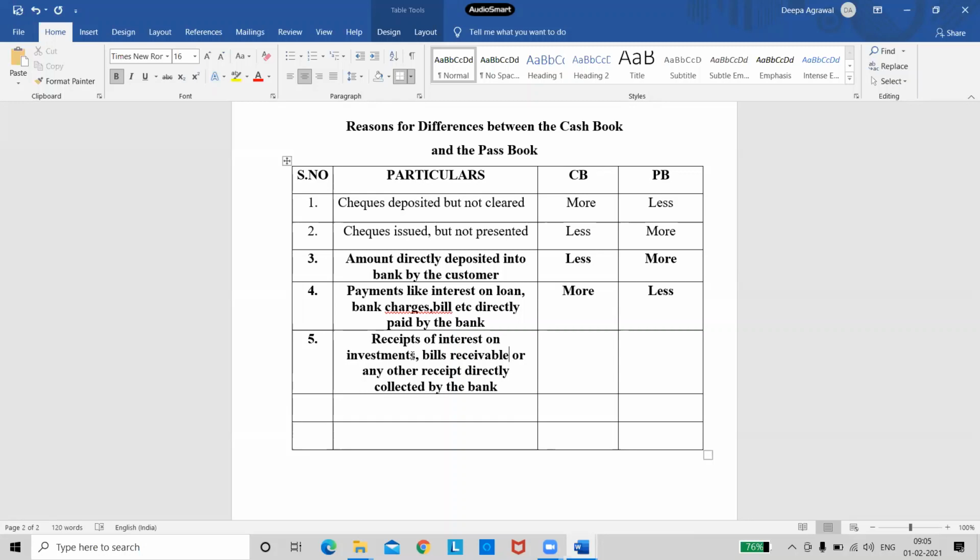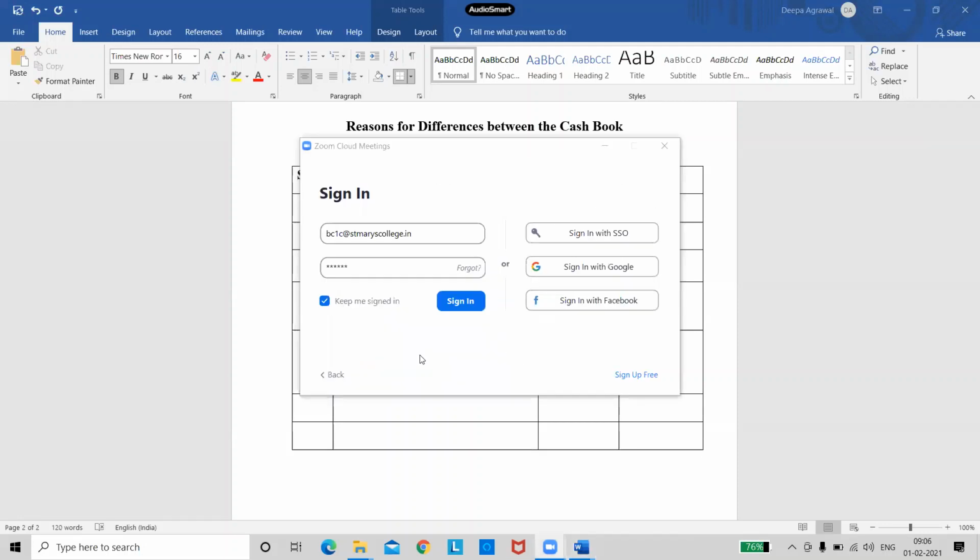So now what is happening? I have made some investments. So I receive interest on investments, and that interest is directly credited to my bank account because I have told them wherever I've invested, maybe in some mutual funds or in the shares of some company. So whenever there is interest on investments, or I can also call it dividends.